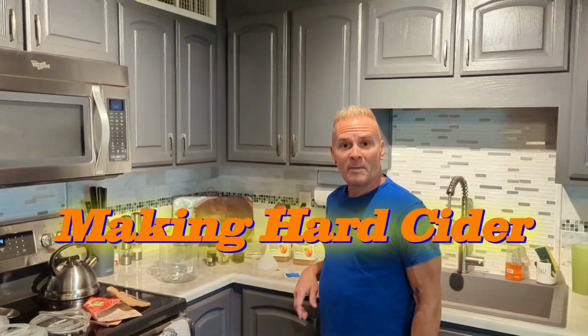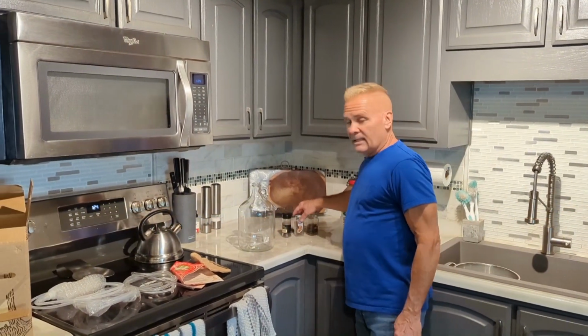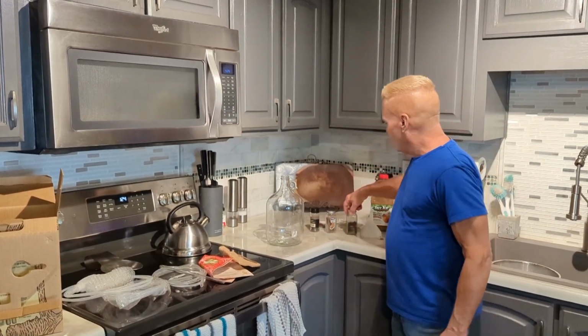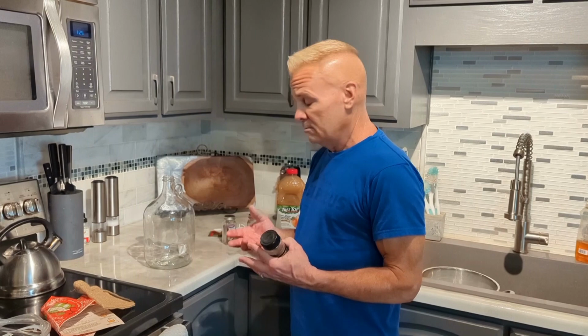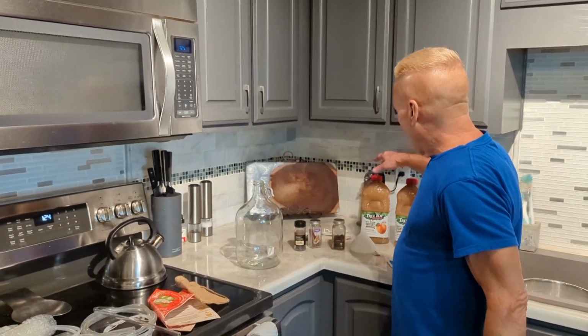Okay, you know what I'm gonna make? Apple cider. And I'm gonna try to make a spicy apple cider with cinnamon sticks, a little bit of clove, and a little bit of allspice. Now what I learned with this too is never use the powders in there because it makes it kind of mealy. It puts sediment in there, and it's better to just not. Although I'm using this